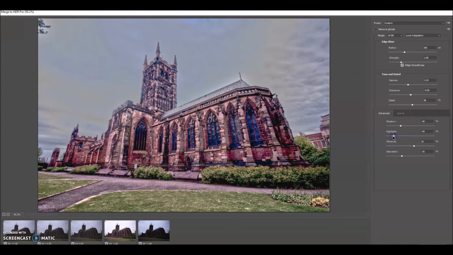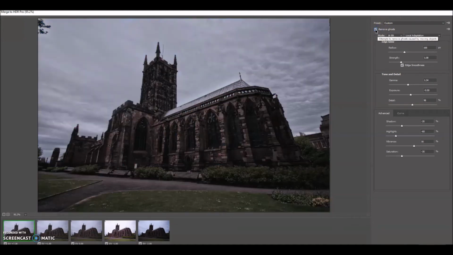Bring those highlights down just a little bit, because with this one I'm really trying to show off that HDR effect, which isn't for everyone's taste, but for the purpose of our little demo relating to the class that we did, I wanted to show that HDR effect that I was doing. And basically you're going to just play your way down all of these little sliders. There's not a great deal to choose from, but you work your way down, pick whichever settings that you want to play around with,